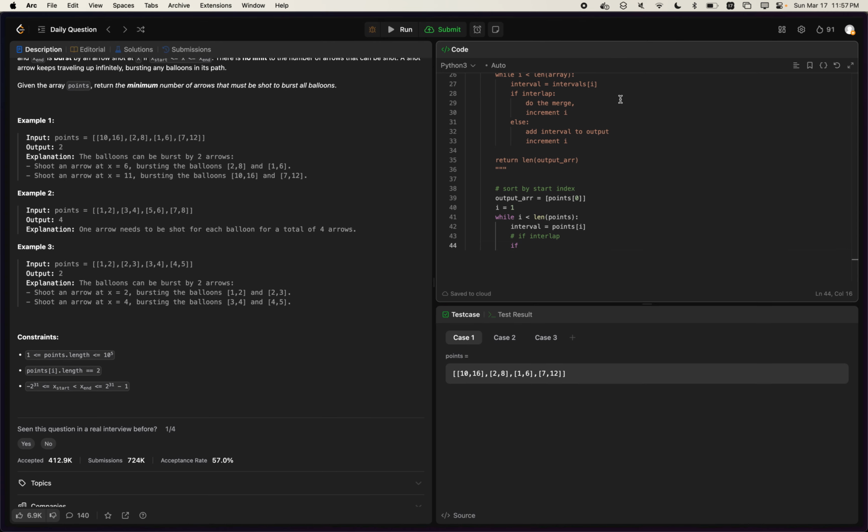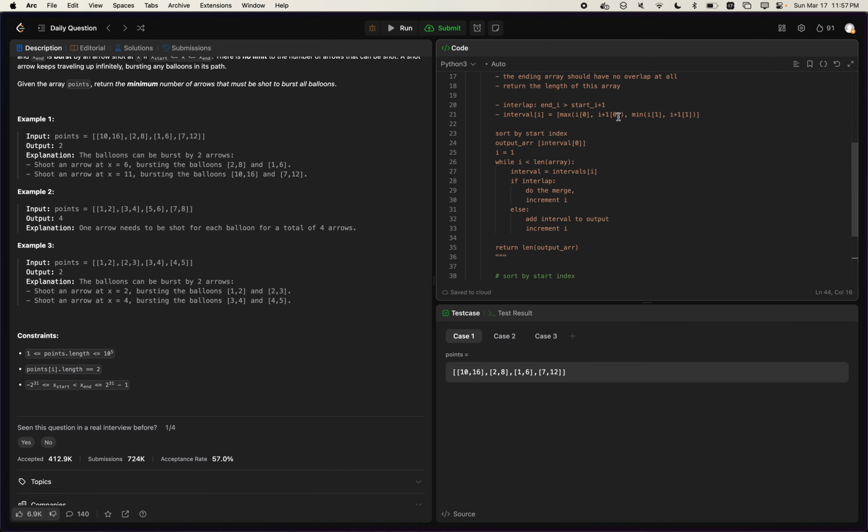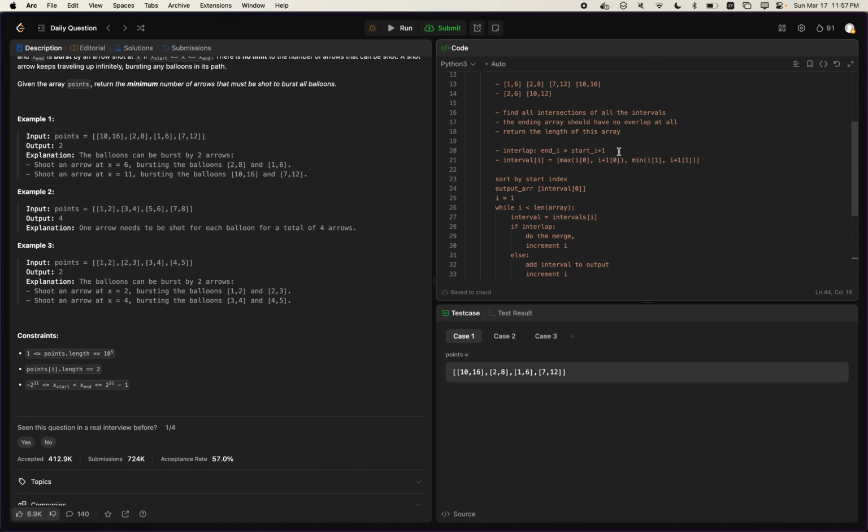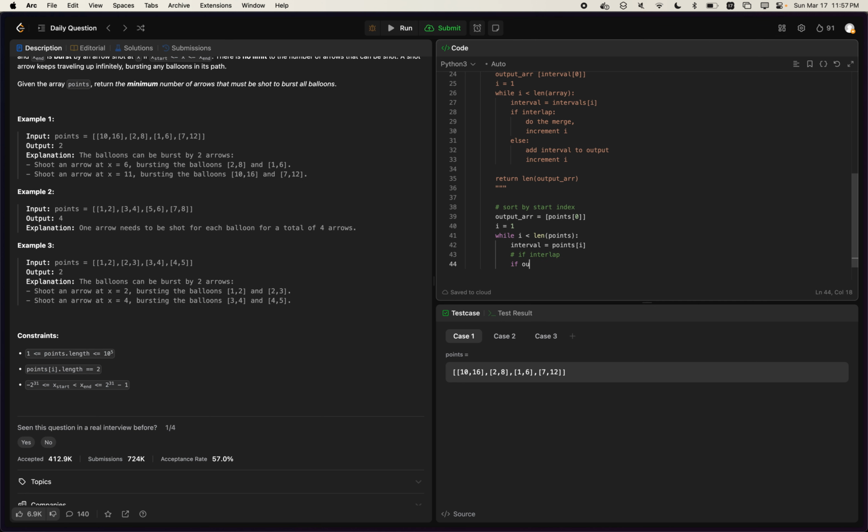If output, the top value of that, its end index is greater than the interval starting index. If that's the case,